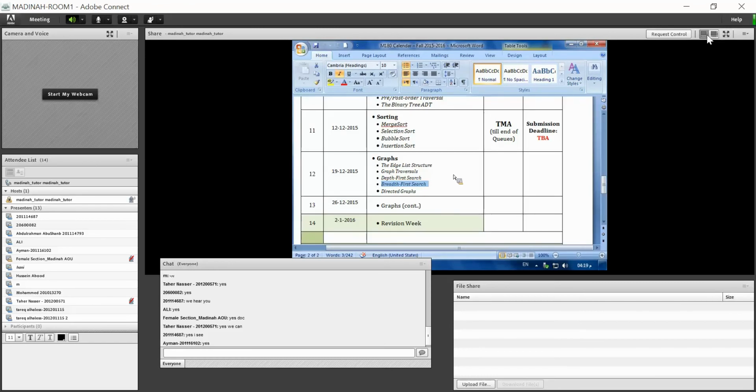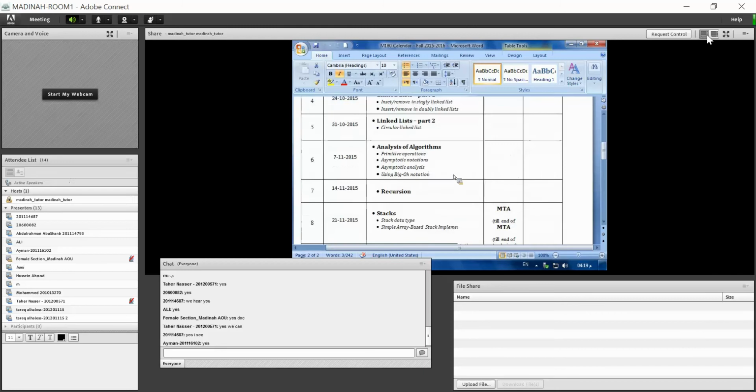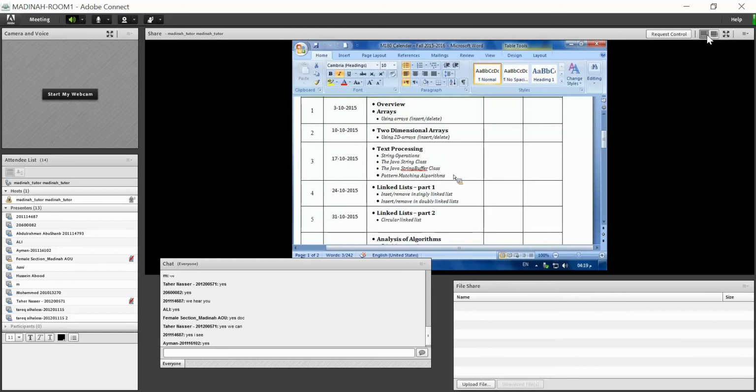Now these are all the data structure items. Starting from the arrays, you have array, you have linked list, you have queue, you have stack, you have trees, and you have graph. So these are the main 6 topics you have to study in this course,